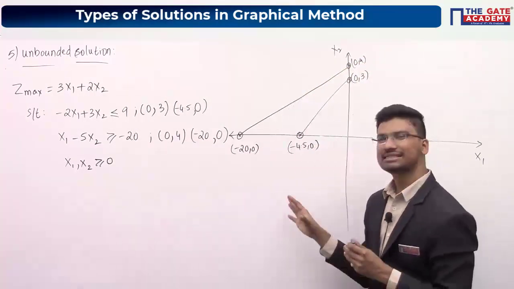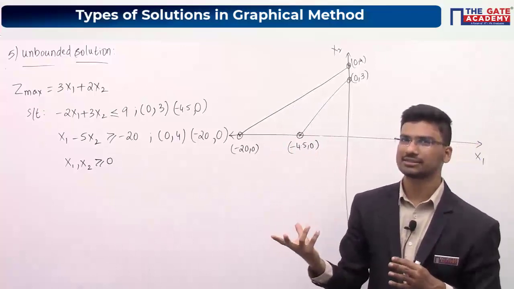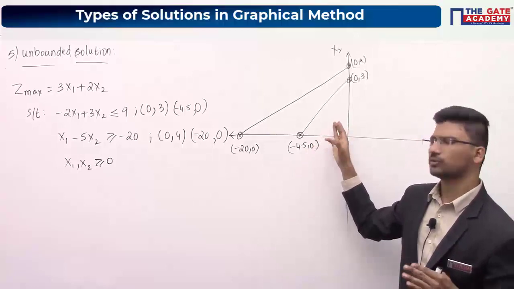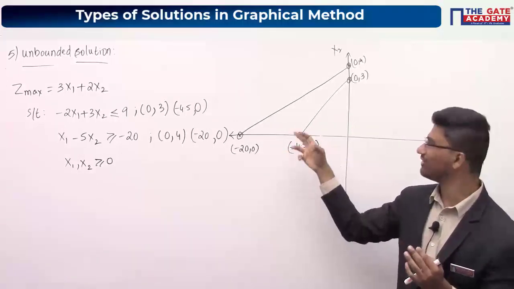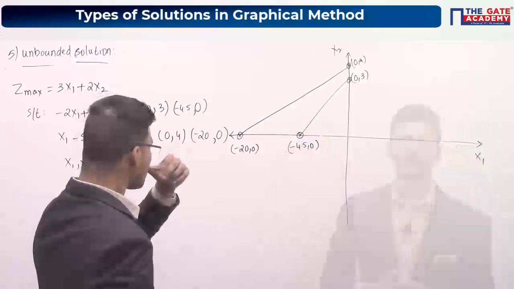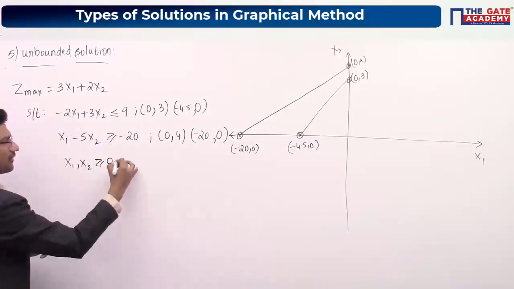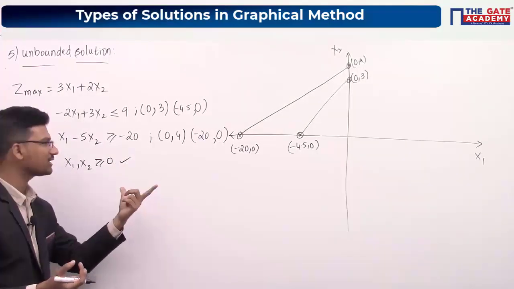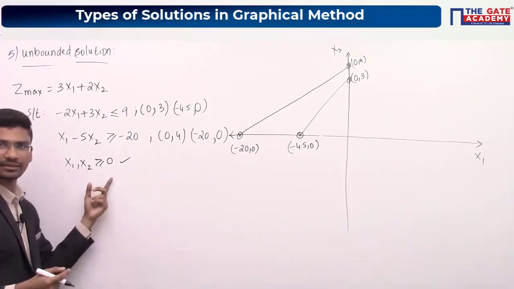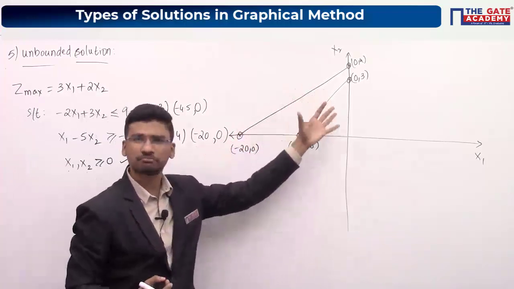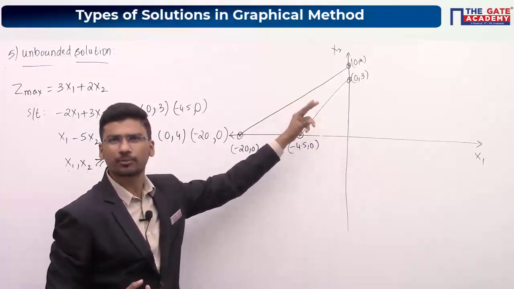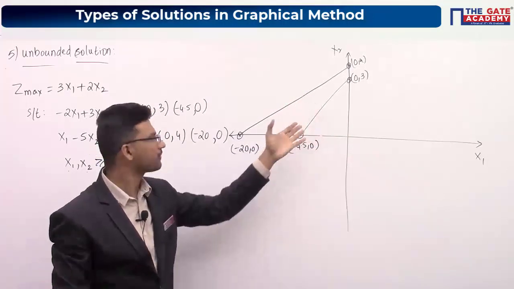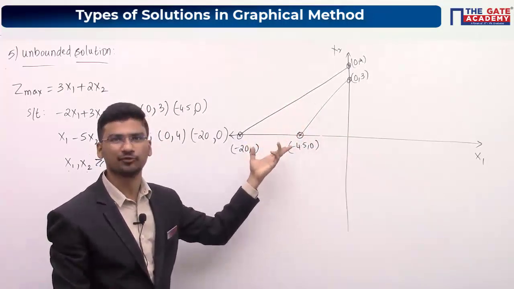Now, is this graph correct, or do we have to do anything else? Please reply. Whether the graph I have drawn is correct, you just tell me; we will identify the region afterwards. If you look at the non-negativity restrictions, x1 and x2 should be greater than or equal to 0. But observe this region. The constraints you have plotted lie in the second quadrant, where x2 is positive but x1 is negative, which is not valid.